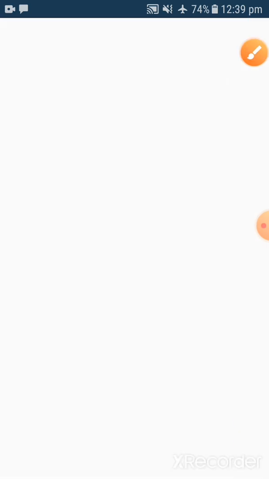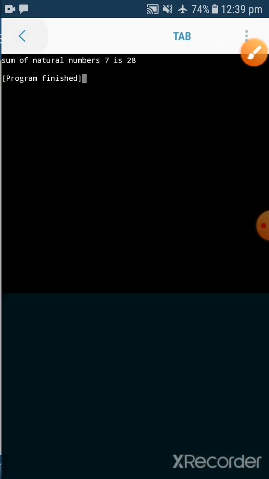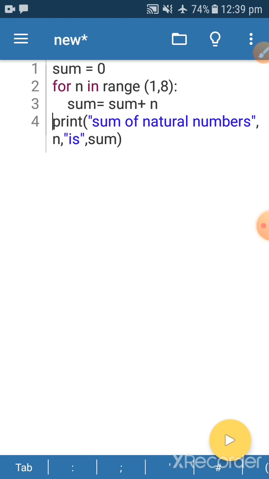See the result. So this is just a matter of where you are writing the print function. If you are writing the print function inside the for loop, that print function works as many times as your for loop works. If your for loop is working 7 times, your print function prints 7 times. If you are writing your print function outside the for, it will print 1 time, because that print function line is a single statement. Okay children, I hope you are getting my point.